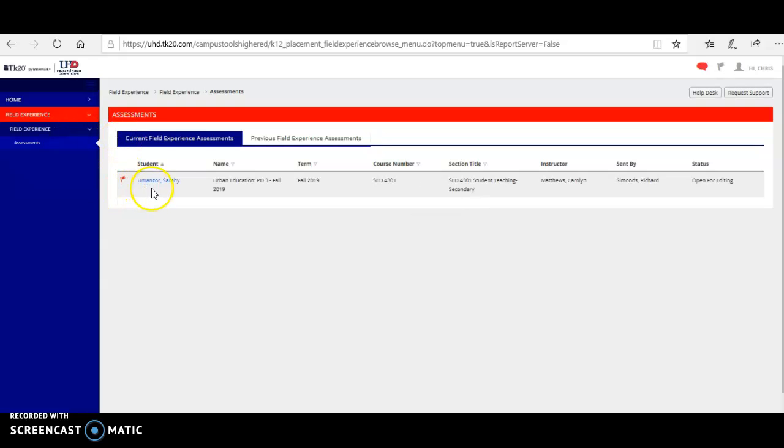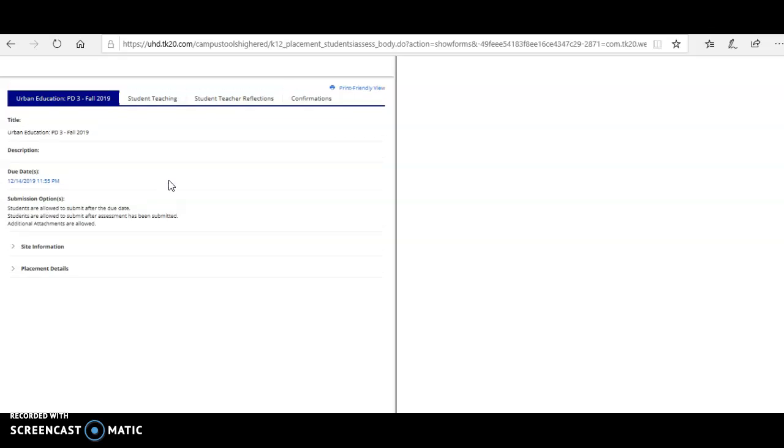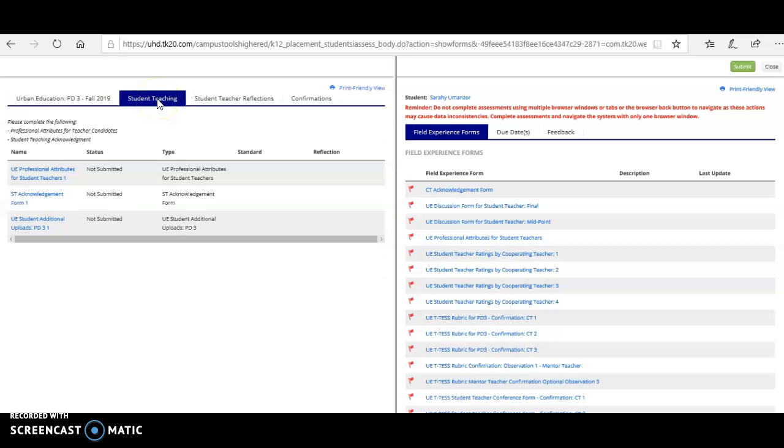So, real quick, when you log into TK20, you will see information here, and then you'll have home and field experience on the side. If you click on the field experience tab, then the student teacher's field binder will come up for you. And if we click on the student's name, your screen is going to become a split screen with information on the left hand side where the student did their work. So we can click through here for student teaching